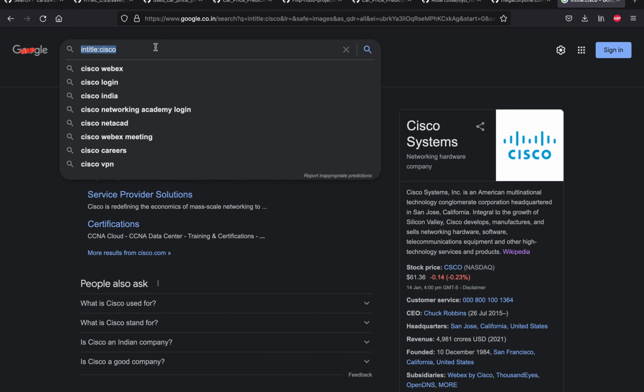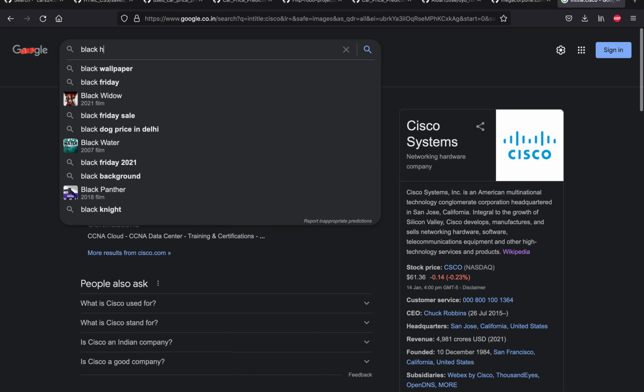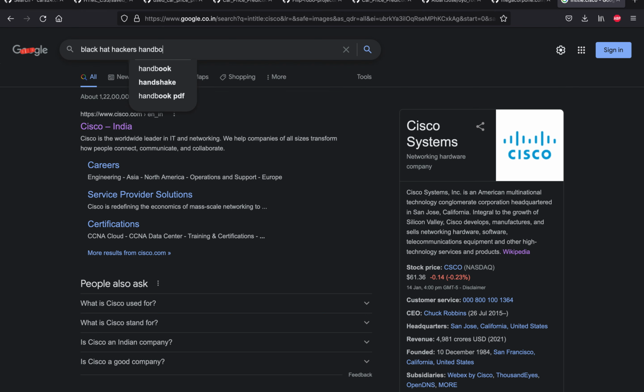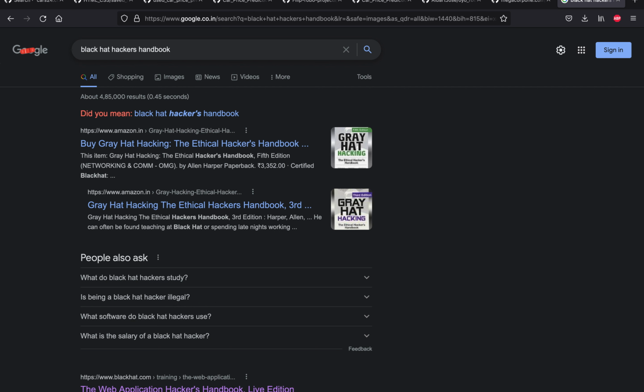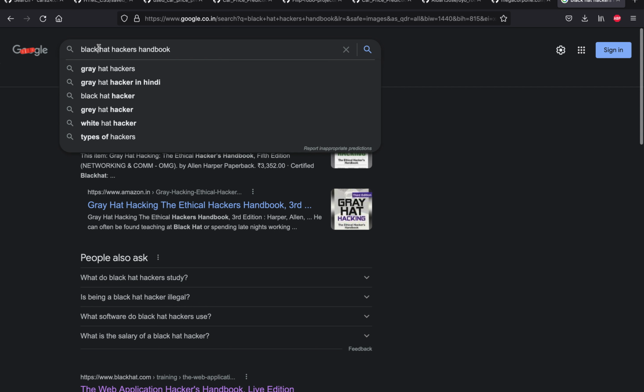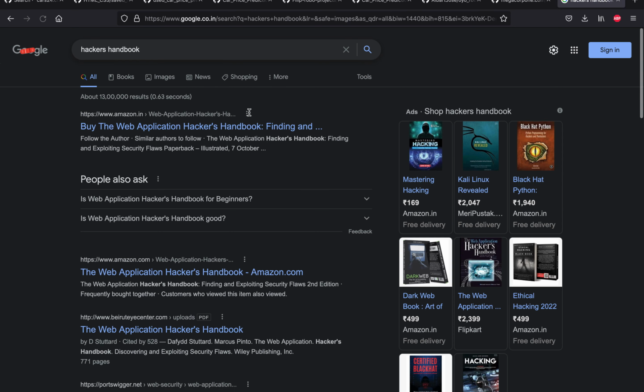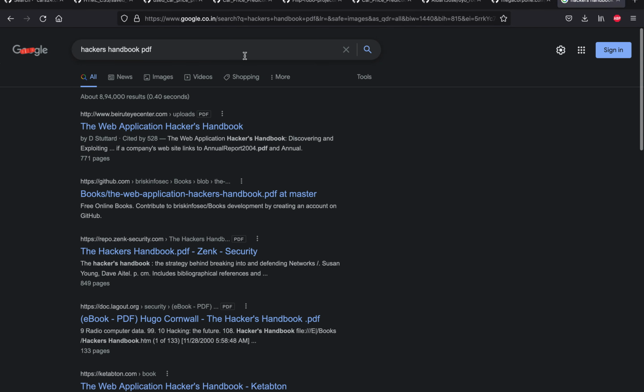Black Hat Hackers Handbook, we usually go for these kinds of things, or I can just go for Hackers Handbook. So that's a PDF, that's a book, and I will be searching for, or usually people will be searching for PDF, and it will be showing